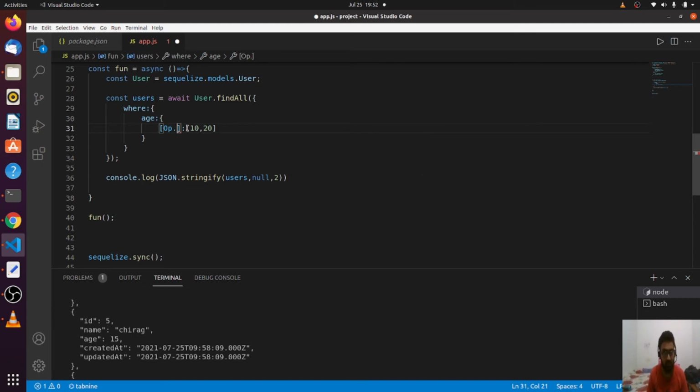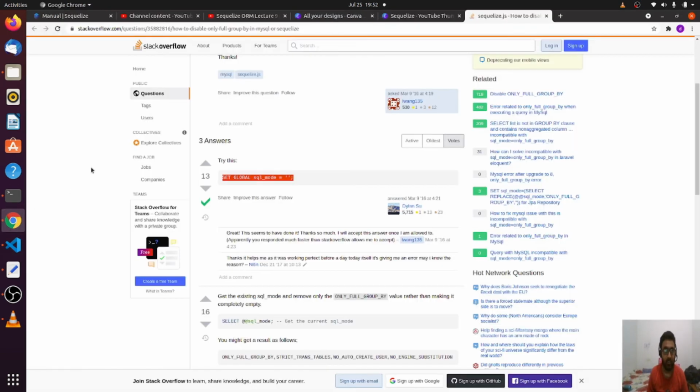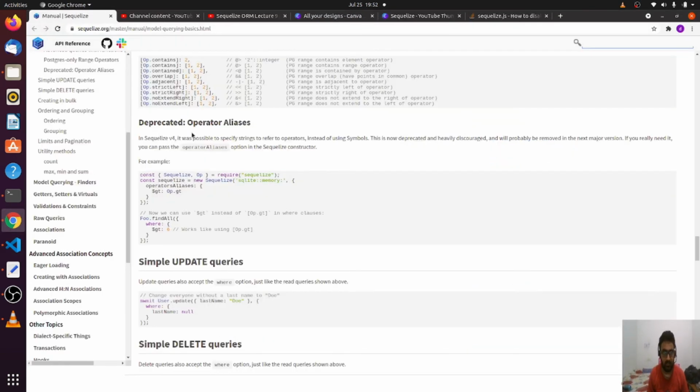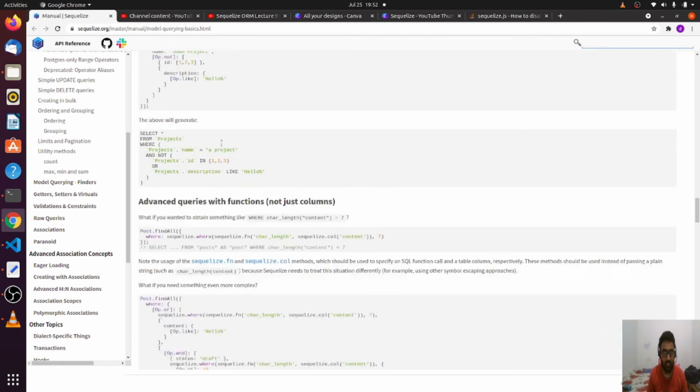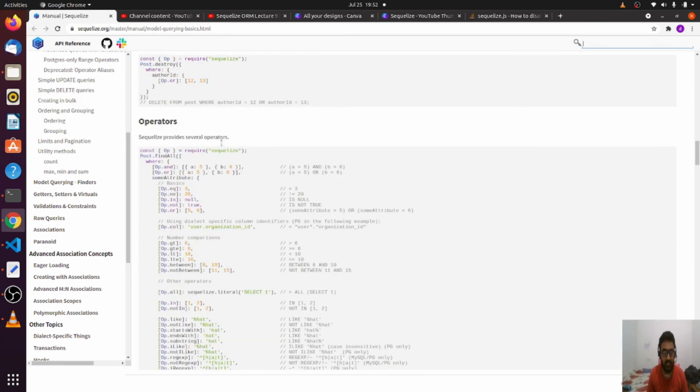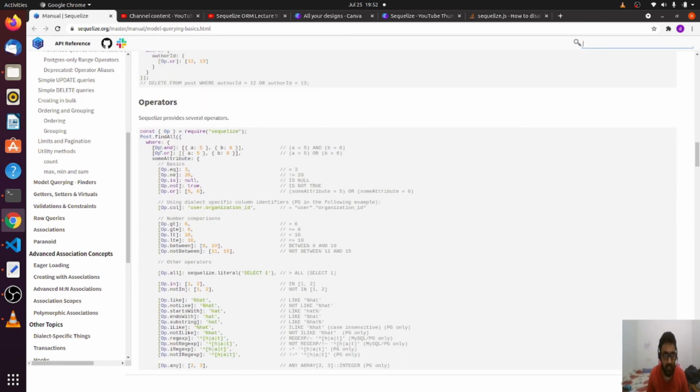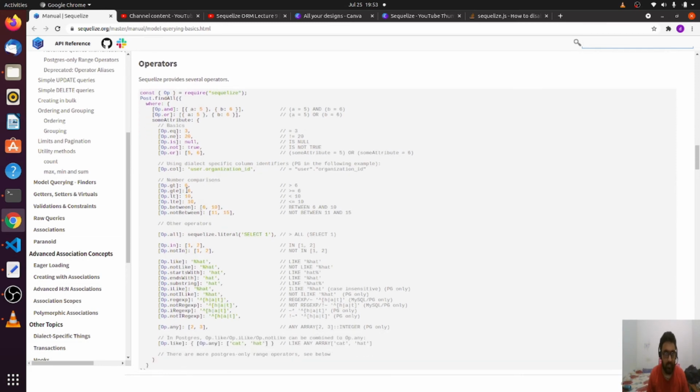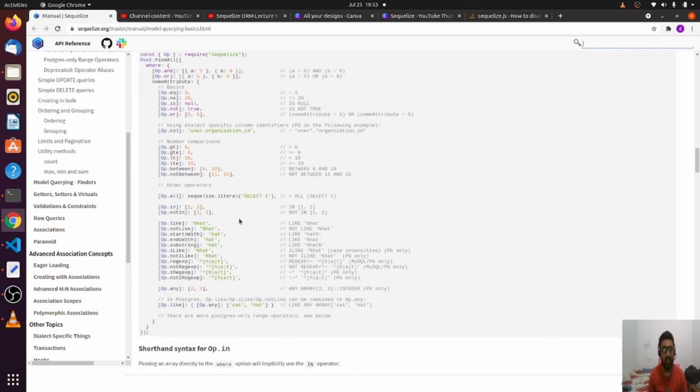If you want to read more about it, you can go to the Sequelize documentation, and you will see all the operators like and, or, equal, not equal, is, not, greater than equal, less than equal, between, not between, and much more. You will be able to see all of them.